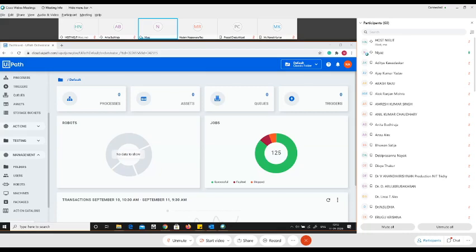Your UiPath Robot is always in control of the UiPath Orchestrator. UiPath Orchestrator will say when to start, when to run, what to run, what to do, what not to do. Now, before getting into UiPath Orchestrator, the first thing we need to do is connect the UiPath Robot, which is sitting on your machine, with the UiPath Orchestrator.